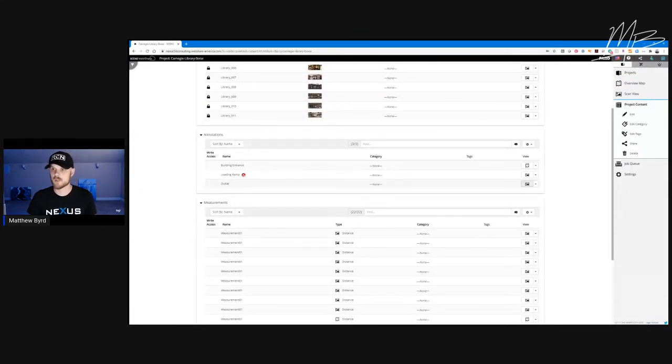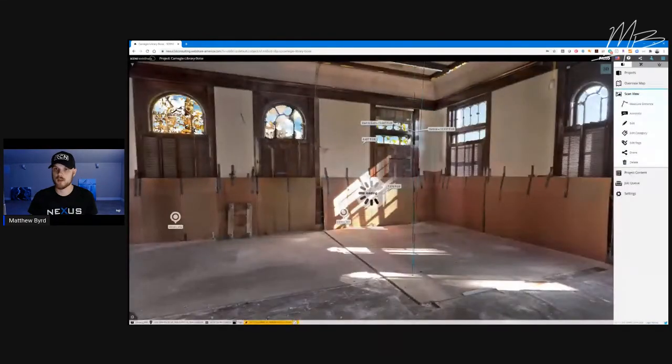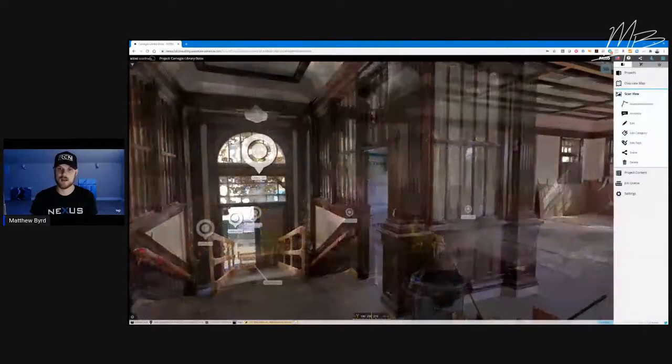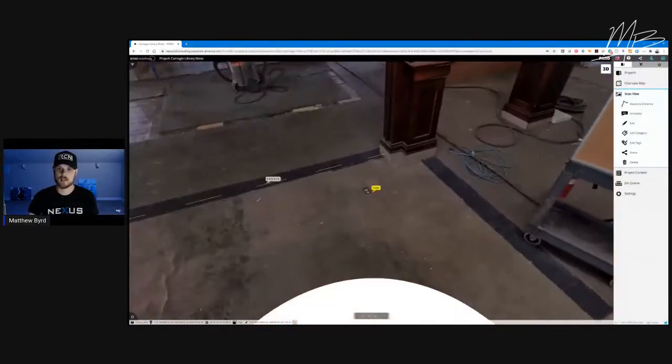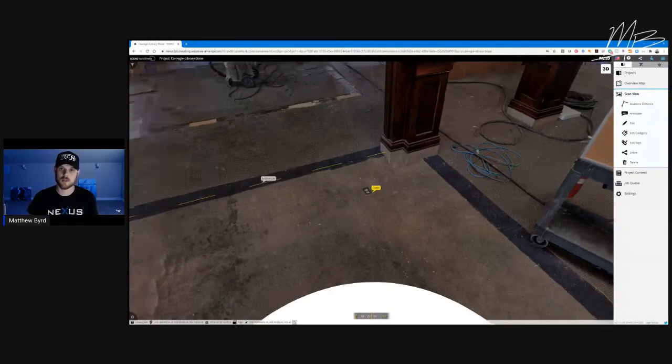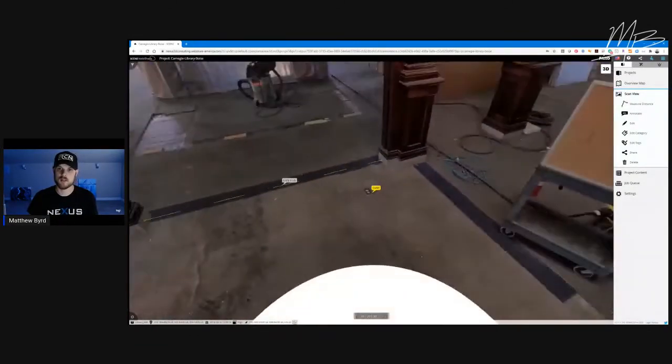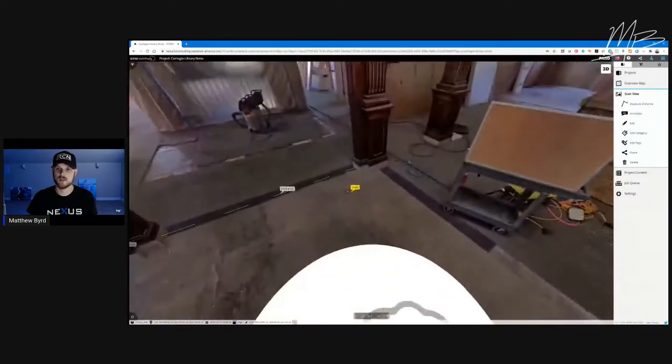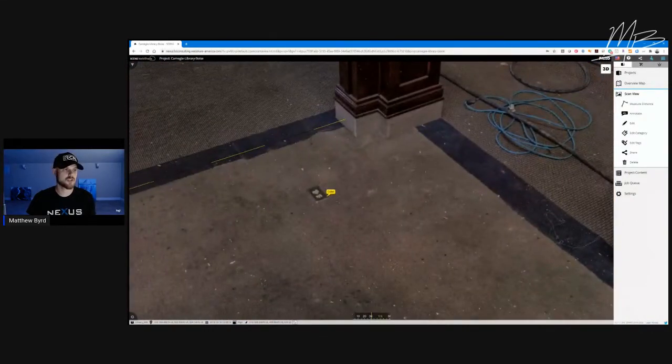Now I'm going to click on this and it's going to take me to the panoramic view that I tagged an outlet in, and it's going to point and show me directly where that outlet is. So now I could say, oh, okay, there it is. I couldn't find it in the field. Now I know. So this is just an example, but it's a way for you to think about capabilities. Depending on your industry, your project type, these are some ways that you can utilize the tagging